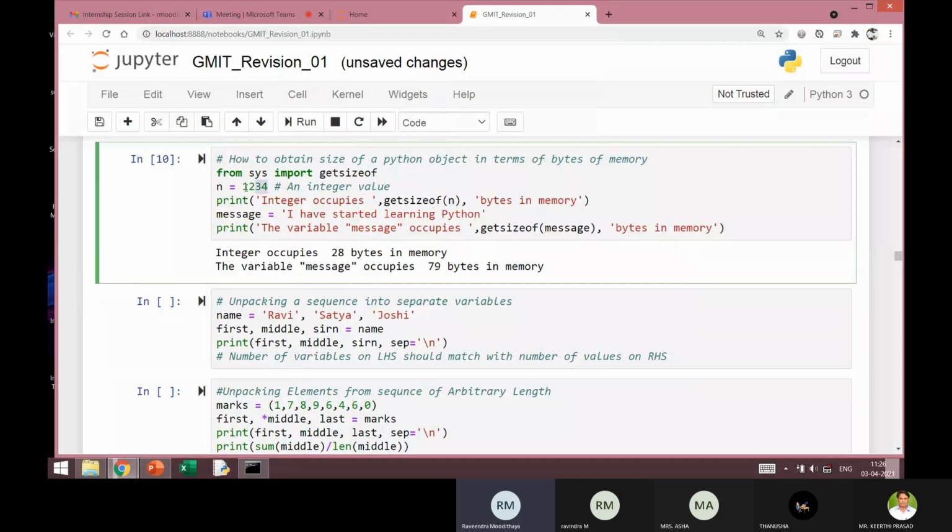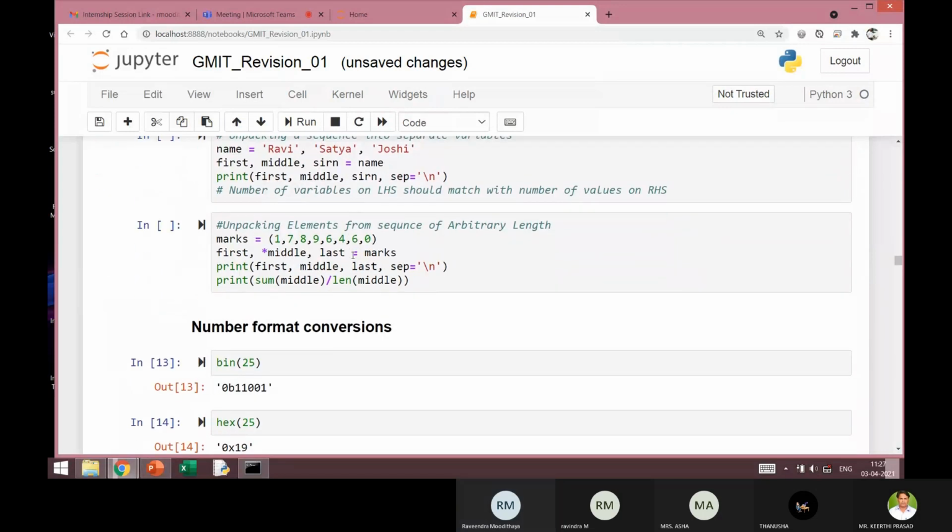So an integer object n is occupying 28 bytes, and a string object message is occupying 79 bytes. I recall that the message actually had 30 characters, but in memory it occupies 79 bytes. And the integer, in C++, if you define an integer variable, it occupies only 4 bytes, but here it occupies 28 bytes.